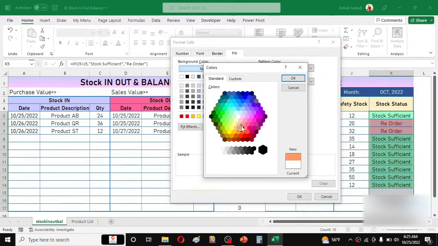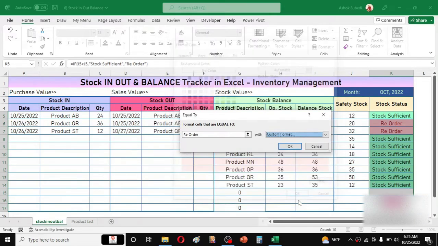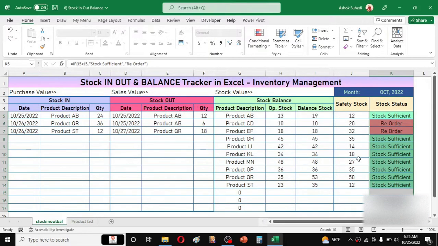Here I am choosing this color for reorder, then click OK, and again click OK, and you can see that when there is reorder, it is highlighted with the red color, and this will automatically change when we update values